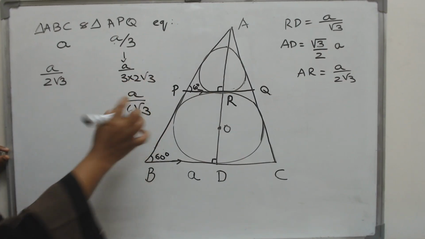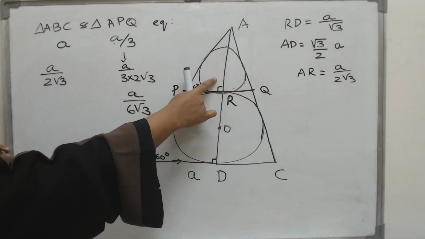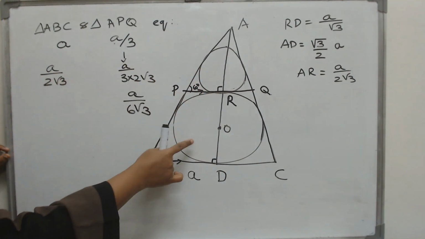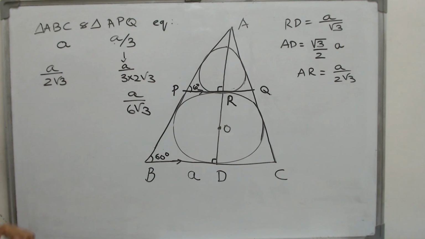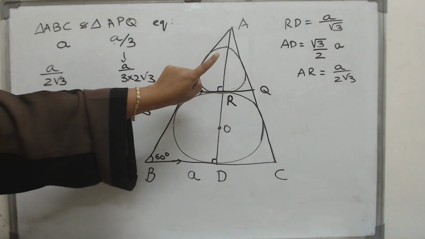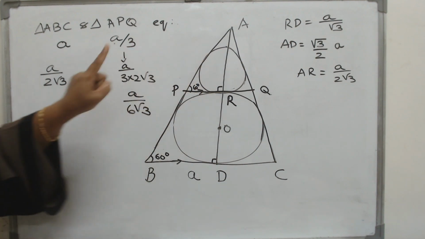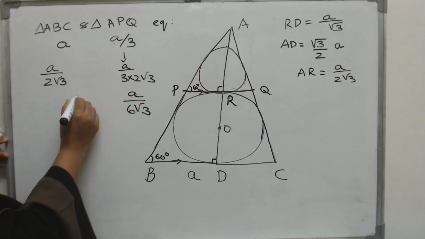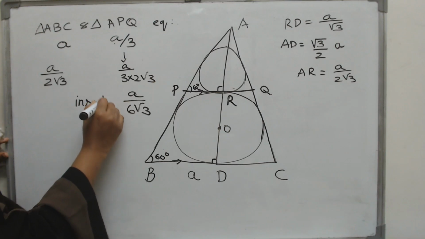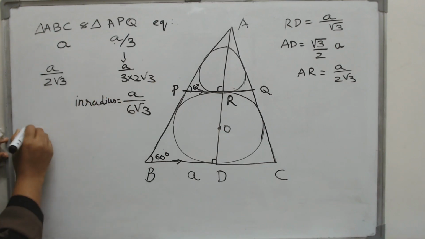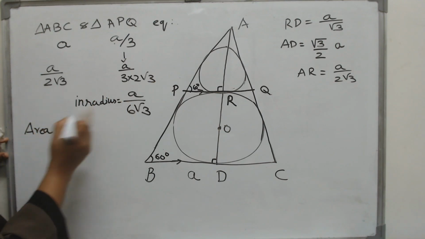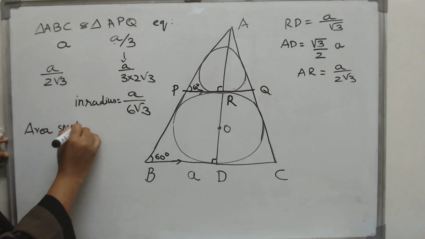This is going to be the inradius of the smaller circle, and this was the inradius of the bigger circle. We do not need the bigger circle. What we need is the area of the smaller circle. This is the inradius of the smaller circle, which means what is its area? Area of the smaller circle is going to be